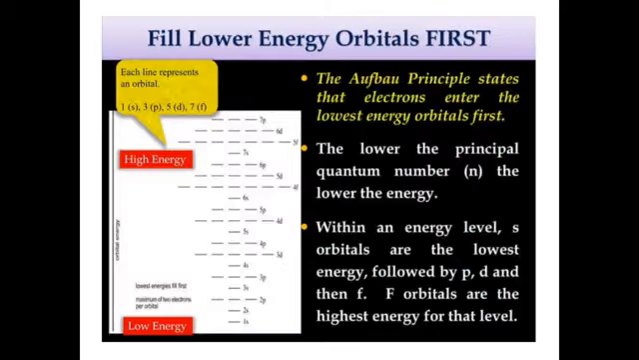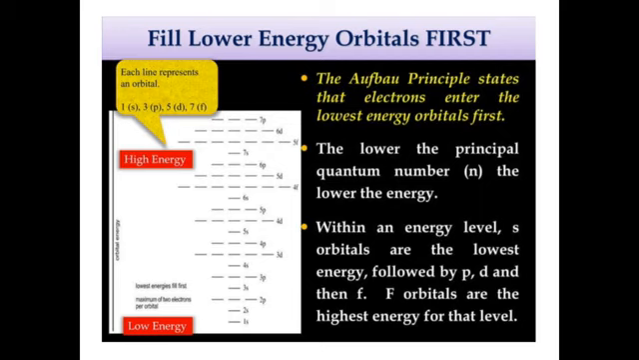Now you have the Aufbau principle. The Aufbau principle says that electrons enter into the lowest energy orbitals first. What does it mean? That in writing configuration, you fill the lower energy level first, and the lower energy level starts from 1. So you start from energy level 1. When energy level 1 is full, you go to energy level 2, you go to energy level 3. That is all what